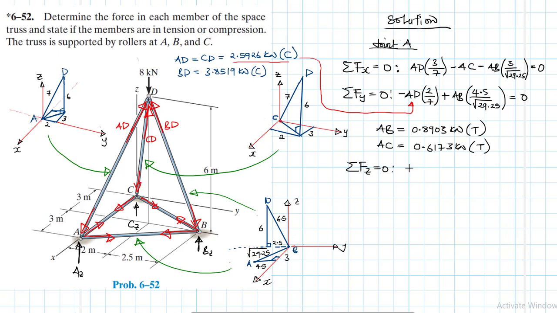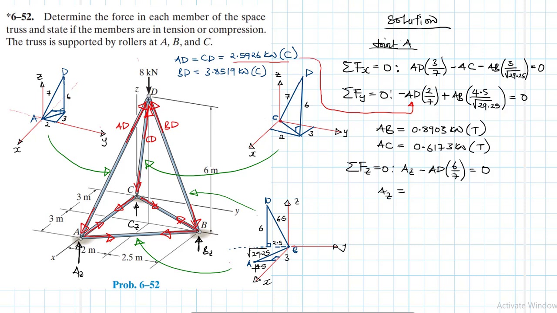What do we have? In the Z direction, we only have 2 components. We have AZ and then minus AD by 6 divided by 7 equal to 0, and therefore our AZ